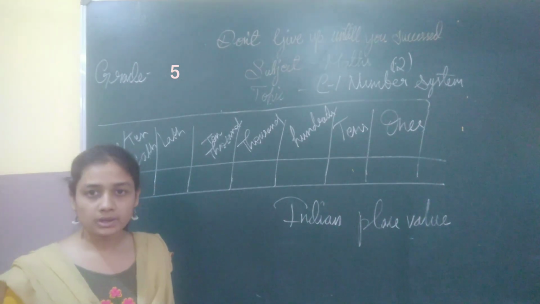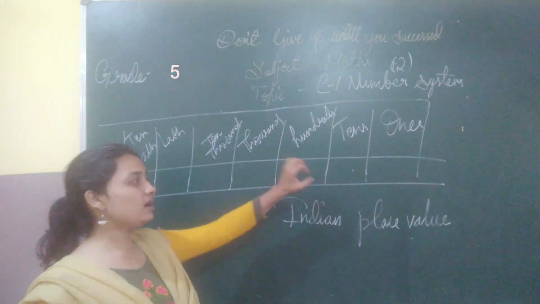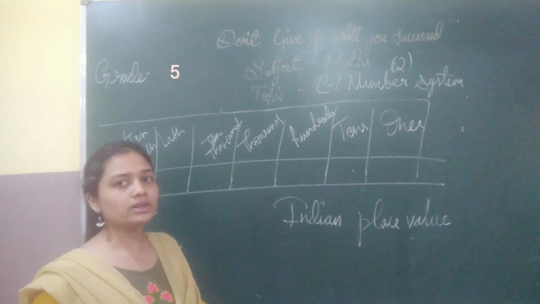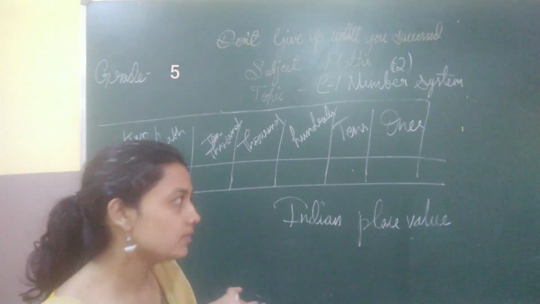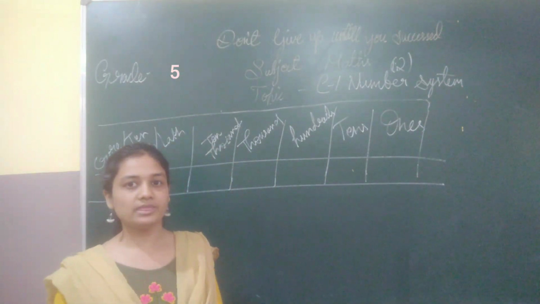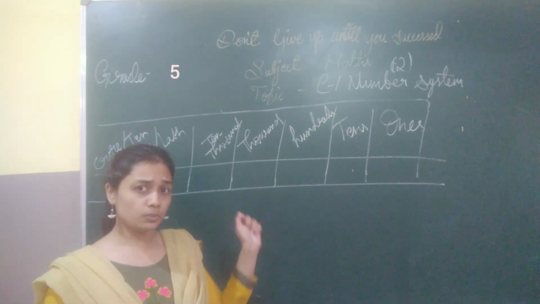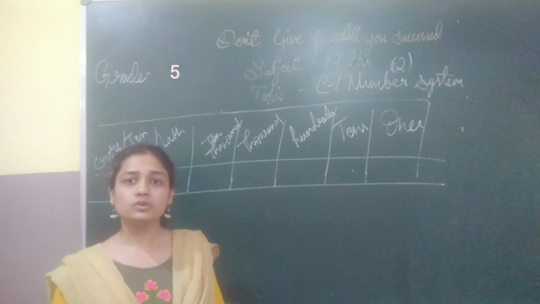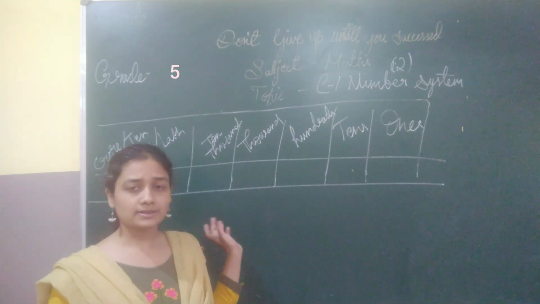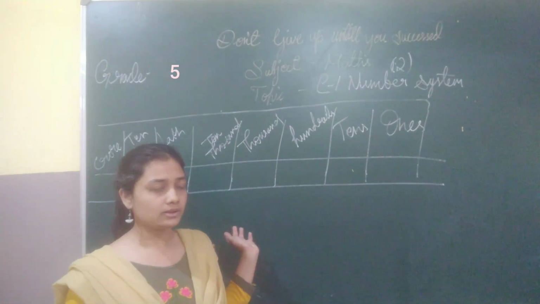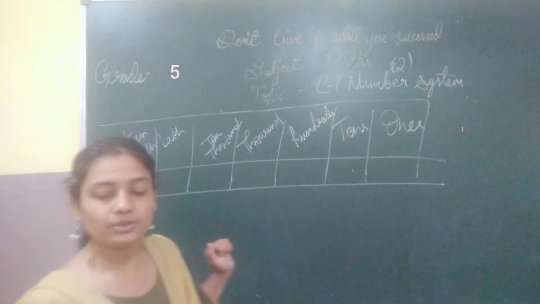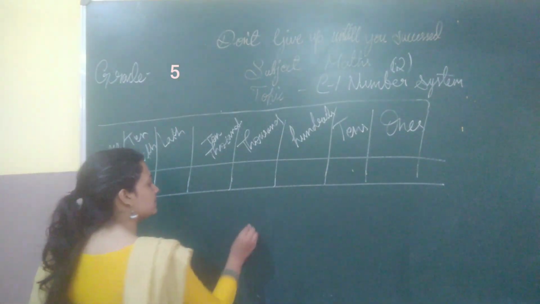So any number you take should be placed in the places so that you can learn many things in that. So what are the terms which you learn? Let us see now. You will learn how to pronounce the name of a number, whether you should put the commas correctly, how to expand them, what would be the predecessor, what would be the successor. All these things you will be learning only when you place the numbers in their respective places. So let's take a number and see.